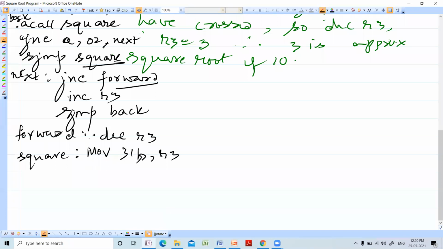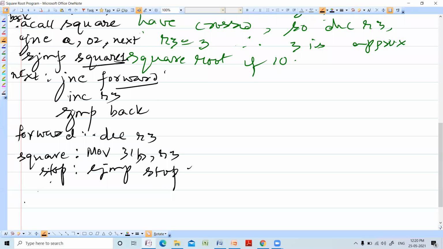So here you can stop. SJMP stop. So now you can write your square 1.